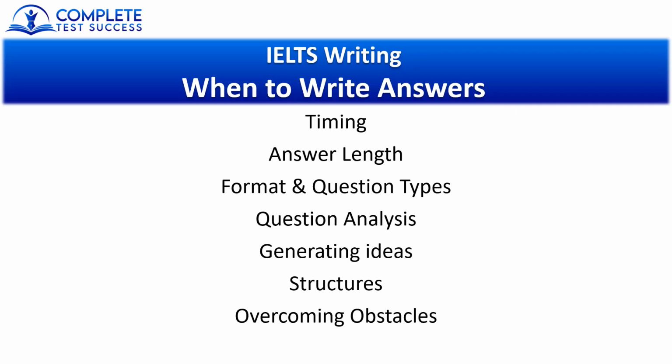The final benefit you will gain is learning how to proofread. So everybody will make mistakes when they're writing, but the skill of being able to reread your writing, find your most common mistakes and fix them is another essential skill for the IELTS test. And if you've never done it before, well then you can't expect to do it well when you're in the